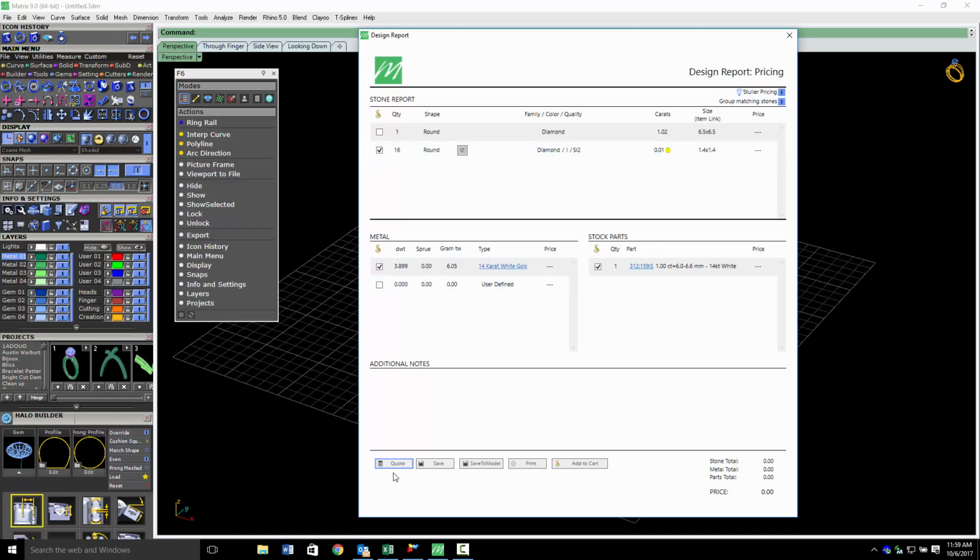Once you get all that done, you just simply hit quote. And it's going to call out, again, to a website at Stellar. And you'll notice that these stones aren't available. So you can either source them somewhere else, or I can come back in and maybe scale them up or down a little bit to get it. But you'll notice that the 14 karat metal for this is going to cost $476, and 14 karat heads about $64. So once you get that done, you can save it, of course,